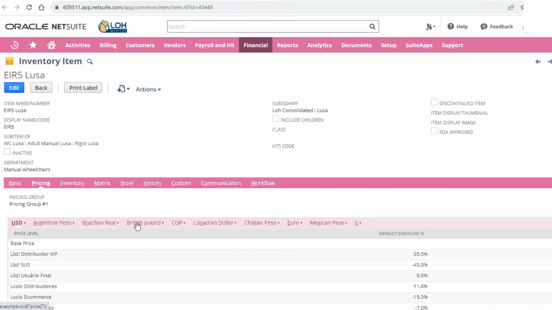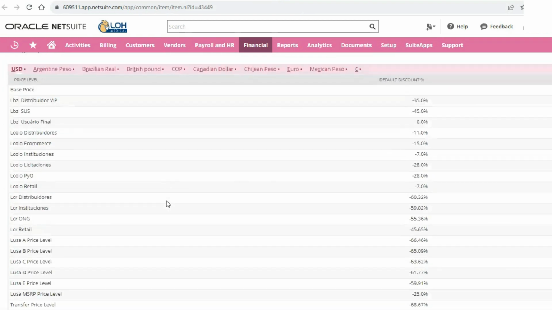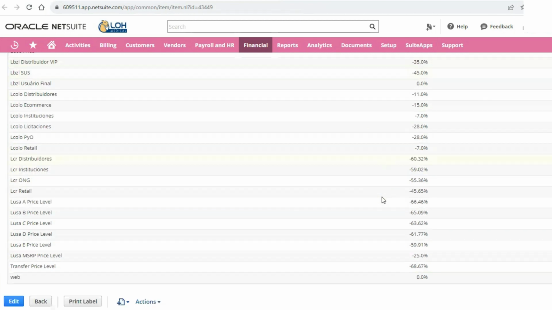You'll also find more about your price levels. So every purchase price is multiplied by a base price multiplier, and then the price levels are calculated from discounts off that base price. And they provide a specific margin based on the cost of the product. So this is where you can find your different price levels for a specific product.